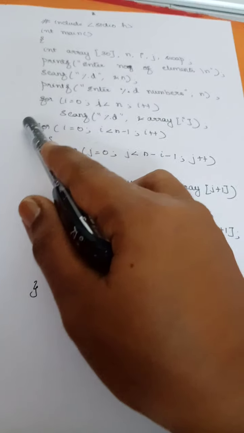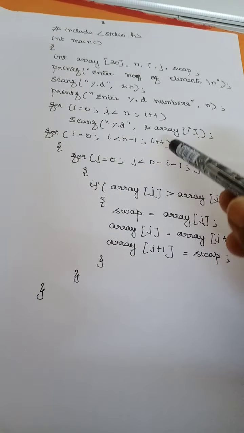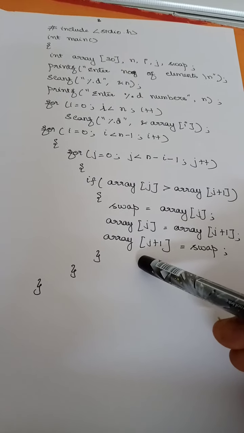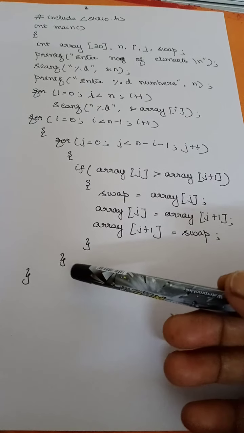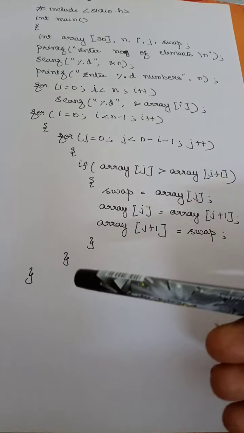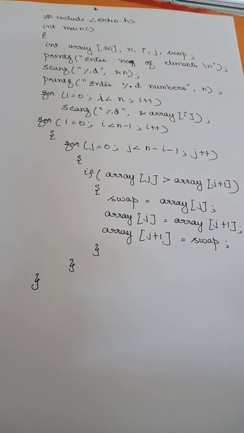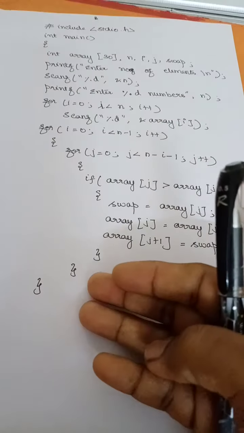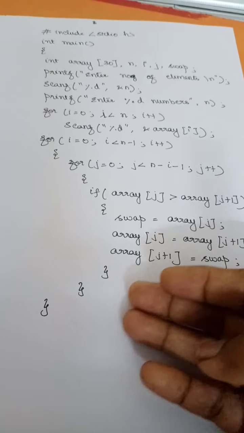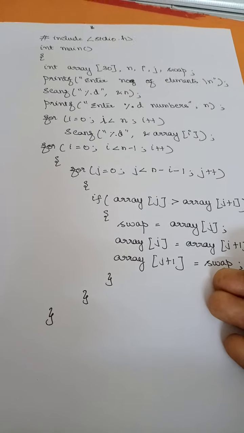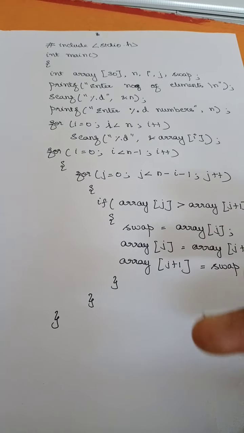Now here this is our algorithm part. Once this part is completed, you can go for printing the array. Here I have not done the printing part. You can go for printing the array. Is that clear? You can just print the array using for loops and write that the sorted array is given as. Is that clear? Right. Thank you.